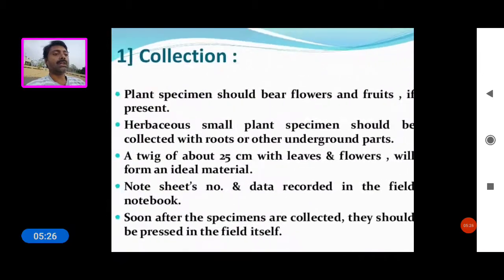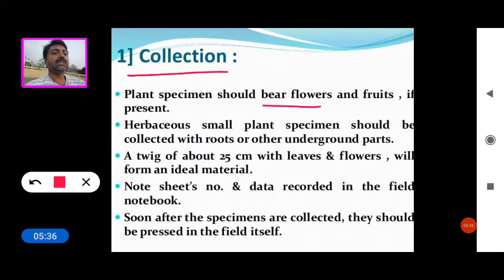First one, we see the collection. This is the first step in the preparation of herbarium, and the plant specimen should bear flowers and fruits if present. Herbaceous small plant specimens should be collected with root or other underground parts. A twig about 25 centimeters with leaves and flowers will form an ideal material.